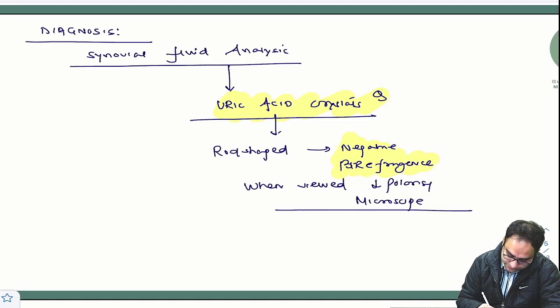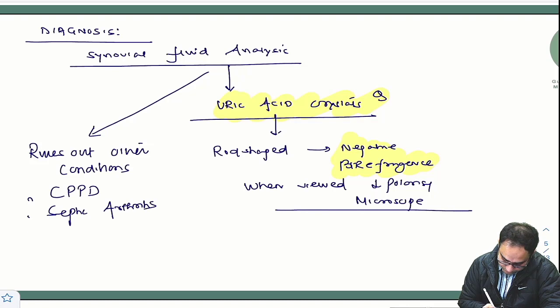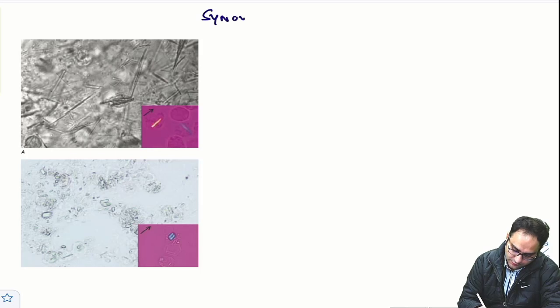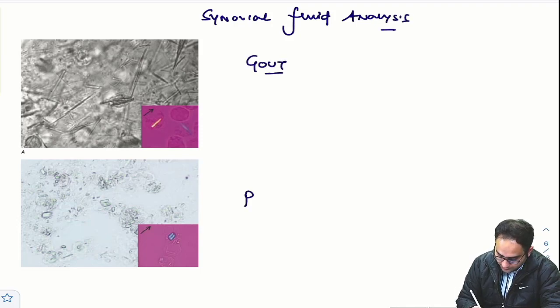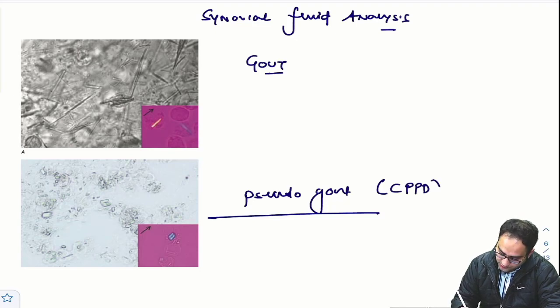The synovial fluid analysis also rules out other conditions like calcium pyrophosphate disease, and you also rule out septic arthritis. There is a condition which is gout that we are discussing, and there is a condition known as pseudo gout. Pseudo gout is due to the deposition of calcium pyrophosphate, and gout is due to the deposition of